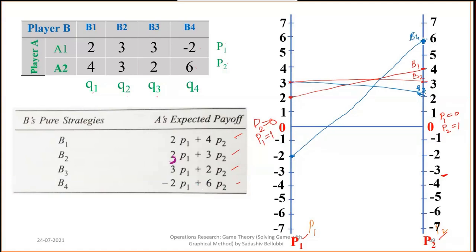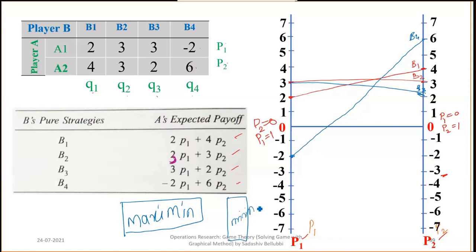Once we draw this many lines, then we need to identify the maximin here. If the matrix is given in this manner, a player A 2 by n matrix, then we need to identify the maximin. Maximin is nothing but the maximum of the minimum. If the matrix is given with a vertical, then we need to identify the minimax, the minimum of the maximum. Maximin means whatever numbers come at the below side, these are all the minimum numbers. Out of all the minimum numbers, we need to identify the maximum.